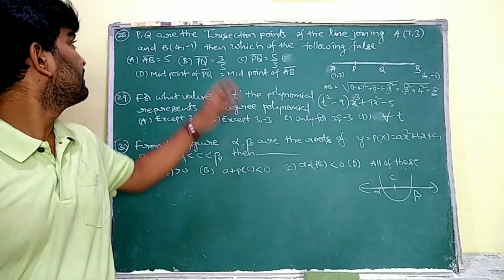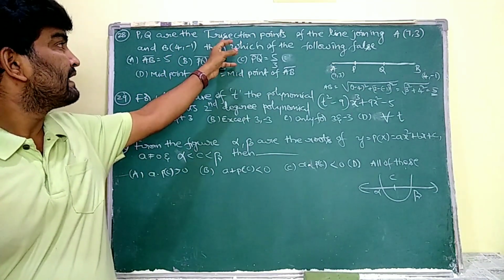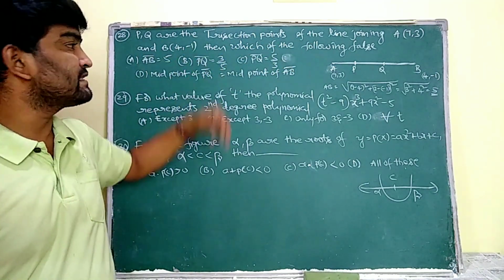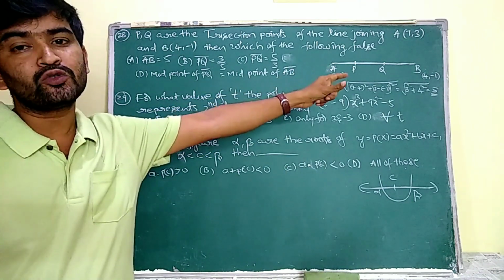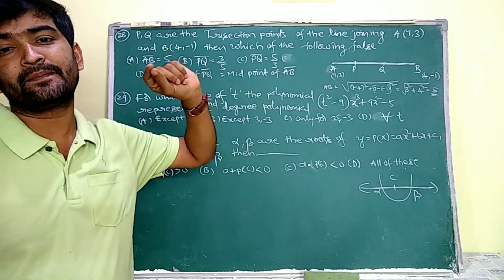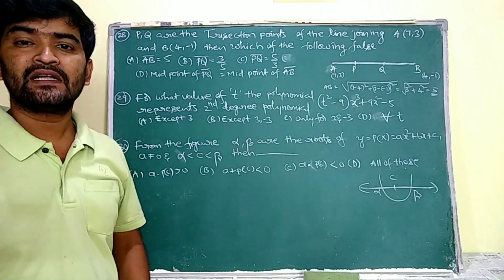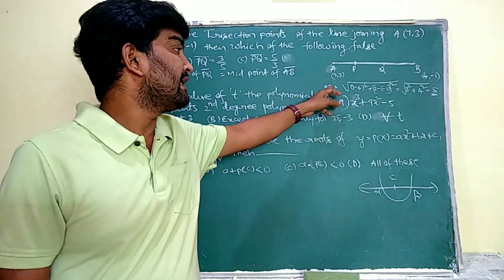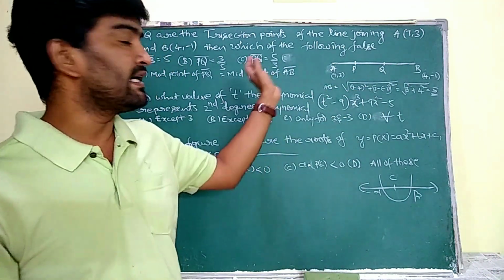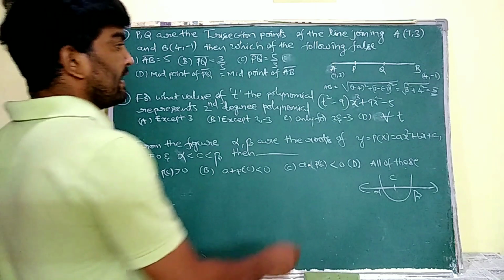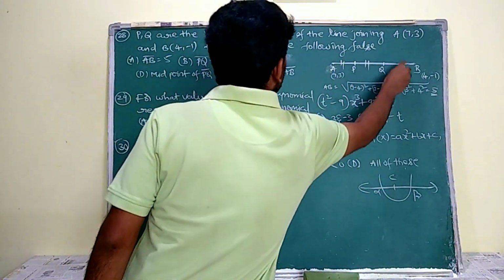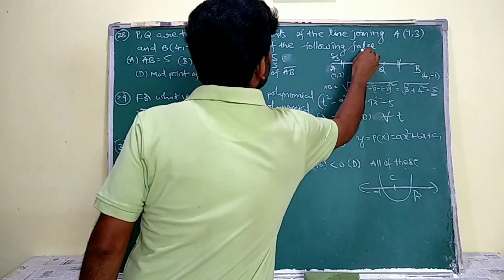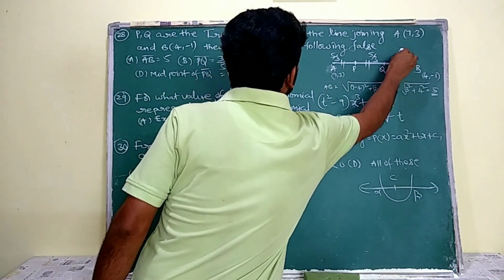Okay, see. P, Q are the trisection points of the line AB. Then which of the following is false is asked. That means P and Q trisect AB. Trisects in the sense that P, Q divides AB into 3 equal parts. For that I am going to calculate the length of AB. The length of AB is 5. That means the entire AB length is 5. Then AP is equal to PQ is equal to QB, we know. Then each part is 5 by 3.